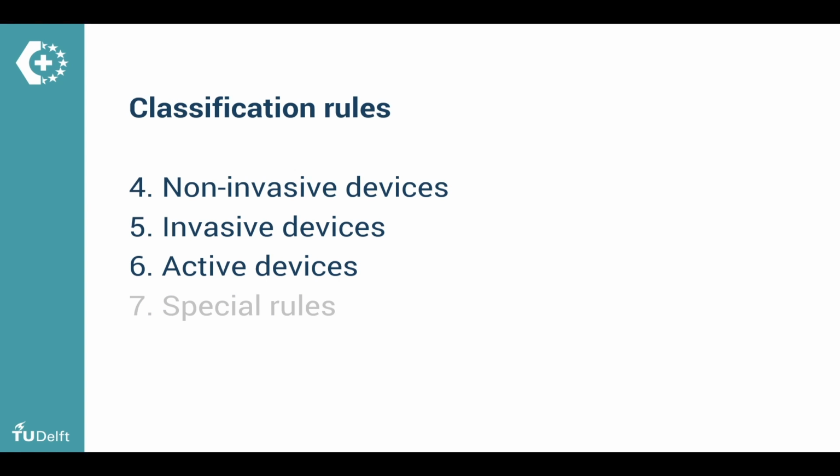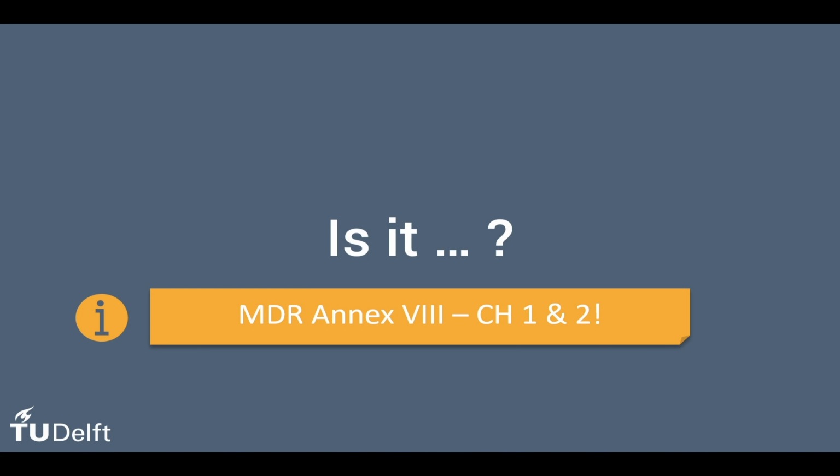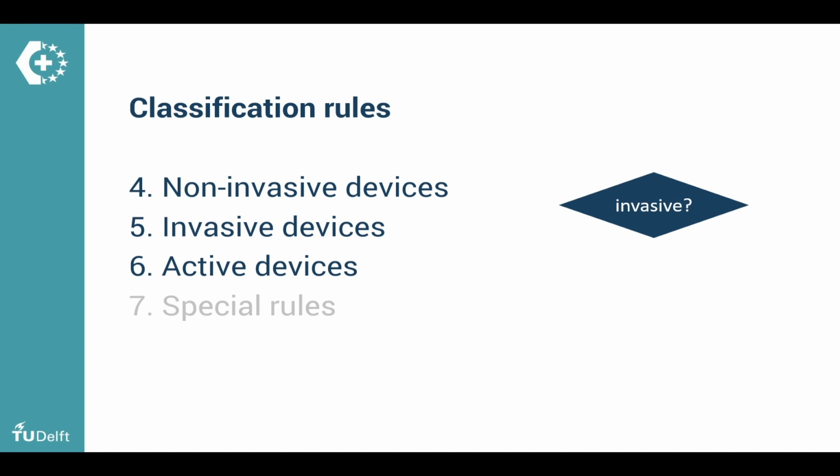In order to know which classification rules to look at for your medical device, first ask for each subgroup, is it? So check your device and the definitions in MDR Annex 8 chapters 1 and 2 and then first decide, is your device intended by you, the manufacturer, to be used non-invasively or invasively? As these are mutually exclusive, you only need to check one of these groups. But because for both non-invasive and invasive use there can be active devices, you must always check Section 5 as well and decide whether or not your device is an active device.